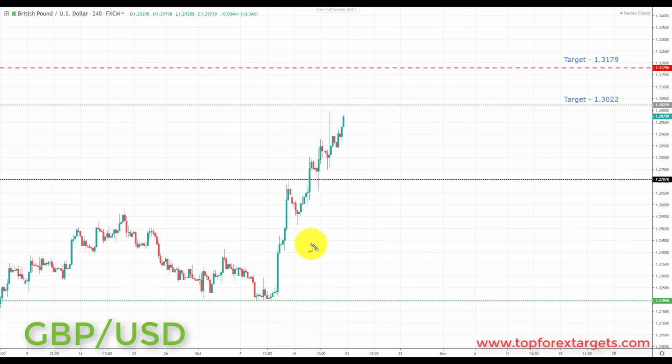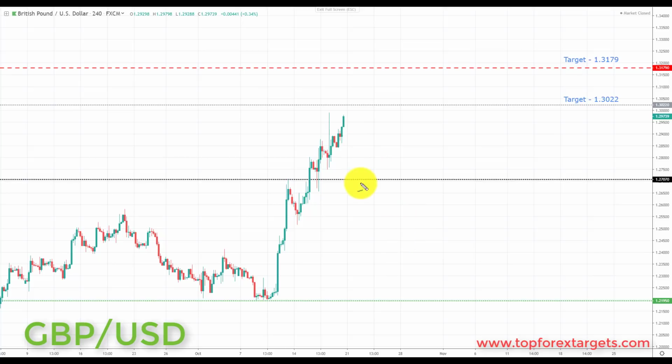Now, last week we were looking for further advances to the upside in pound dollar. We did get those moves to the upside. We did take out the target set from last week at 1.2783 and also higher up at 1.2967. This was a great move last week, and it was a very profitable trade, which we in fact highlighted for our members on Monday. Now, very simply put, going into this week, we are still looking for further advances to the upside in this pair.